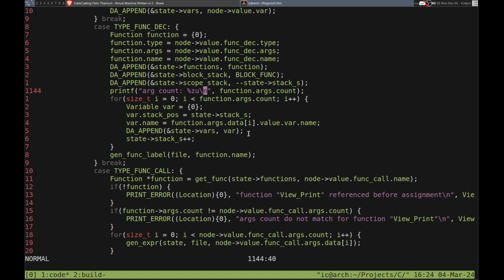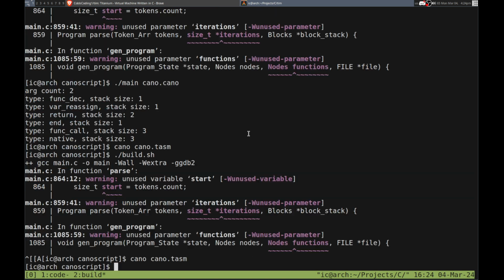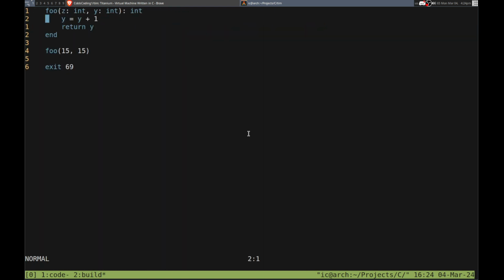Let's see. Yeah, we should only be able to reference variables that are like global variables that are defined before. So like x, if it was defined before that, then we could access it here. But if it was defined down here, then we could not, right? That is the idea. So anything defined in here, we should only be able to access that. That makes sense. That would work with the regular scope. But for whatever reason, if we try to iterate the stack size,